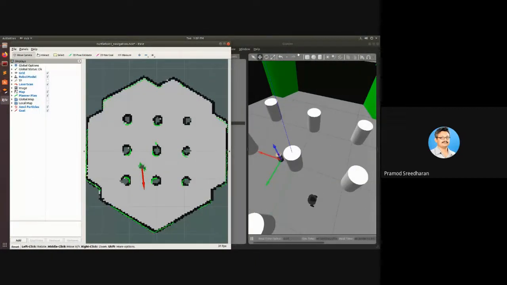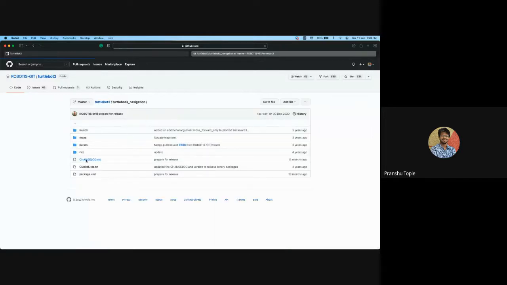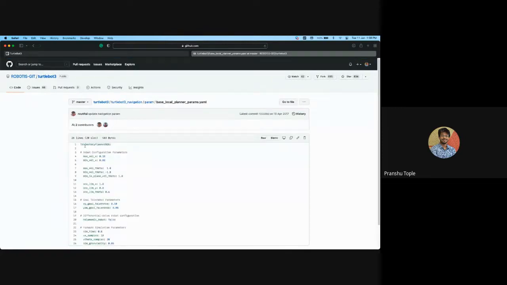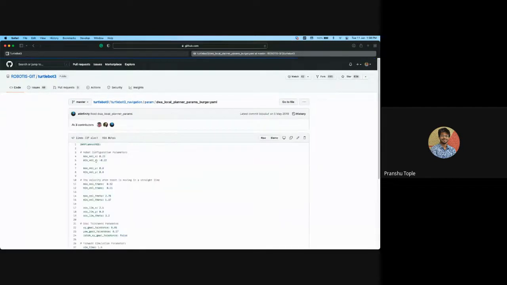Sir, it has automatically traced a new path when an obstacle is there. So can we do the exact mathematics for that? Yes, that mathematics is inside the navigation part. Inside navigation, there are different types of algorithms. There are different types of planners. One which we use is a trajectory planner. Then there is another one which is a DWA planner.